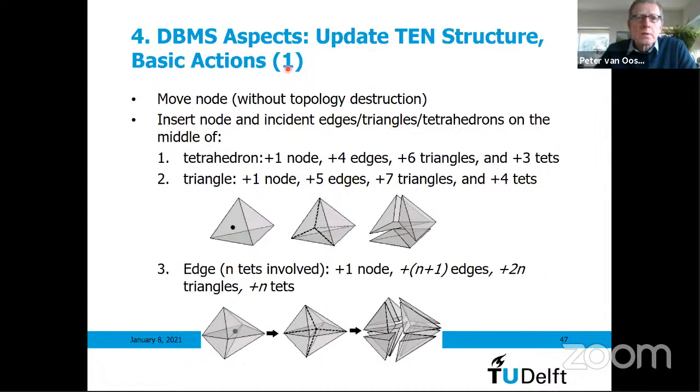Now what can we do with basic operations? We can move a node. If we do not move it too much, the topology will not change. We can insert a node, and that's already a bit of a tricky operation. Insert a new node, because it depends on where it is inserted